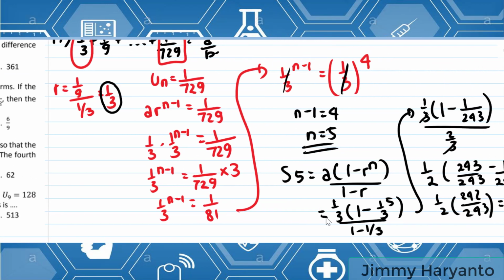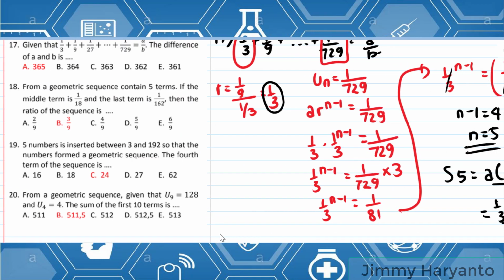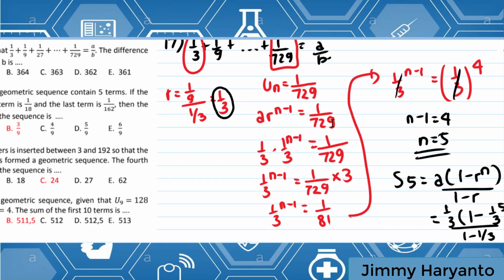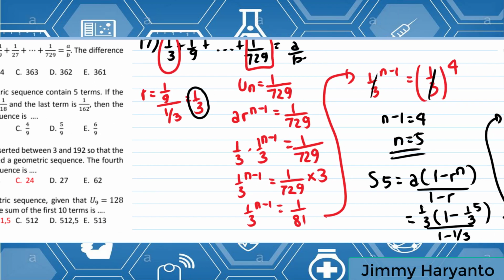(121) and 243. The question wants us to find the difference between A and B. Oh, this one maybe